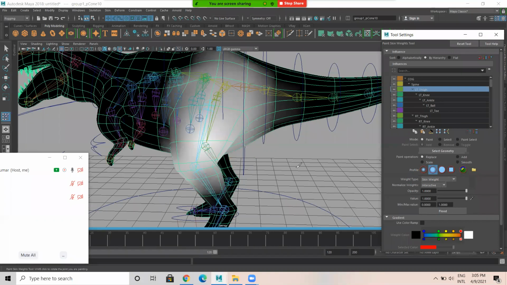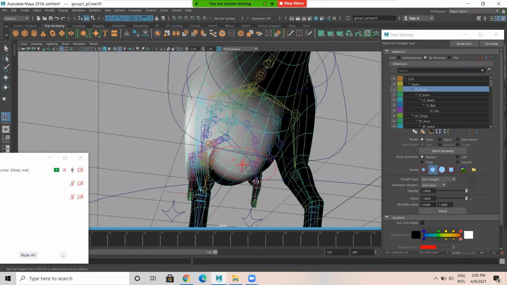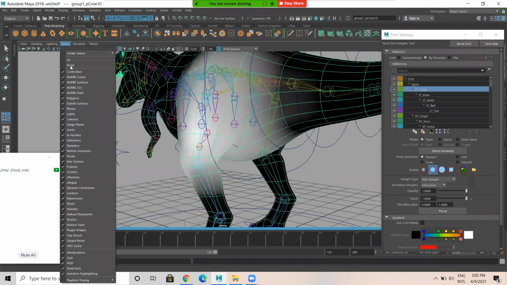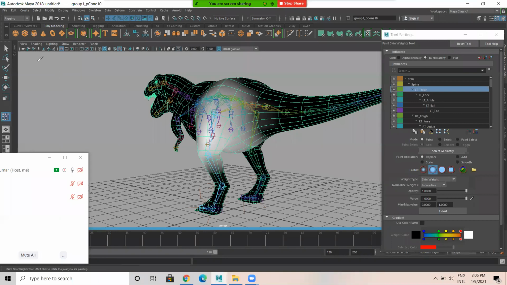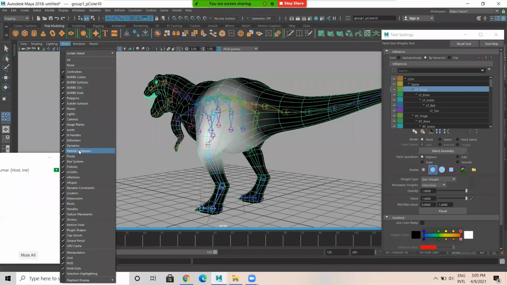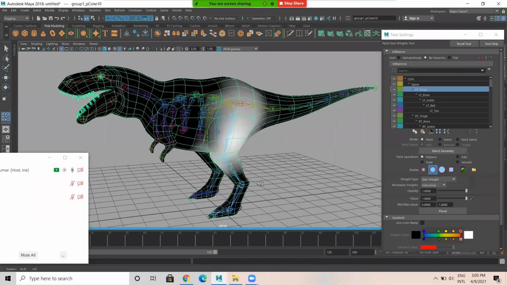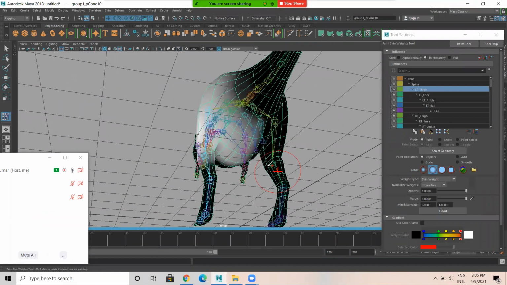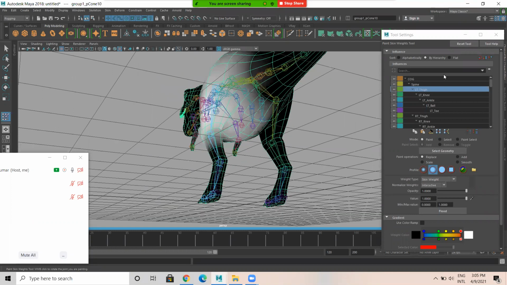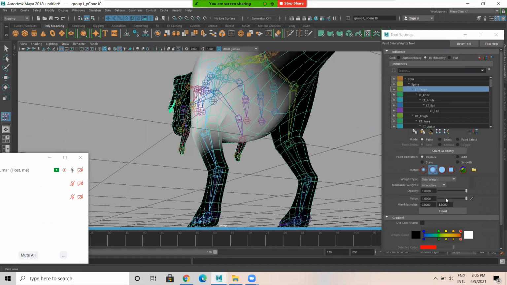I'll come to left thigh. I don't want weights here. For the time being, I'll just turn off curves. Curves I turn off. I turn off IK handles. I don't want to see IK handles. I want to see the model and the joints. So in this case, I have selected left thigh here. Value 0.